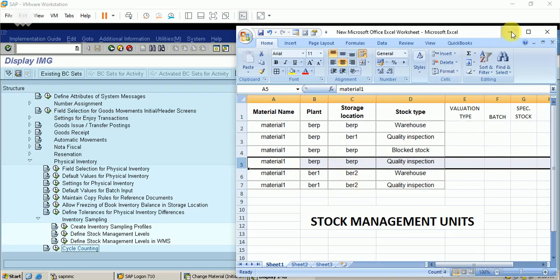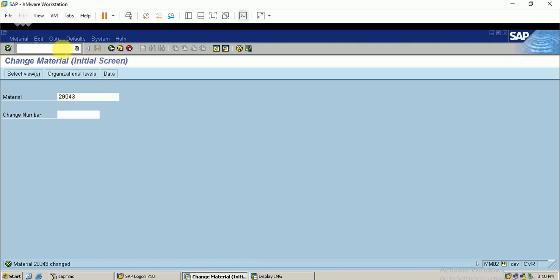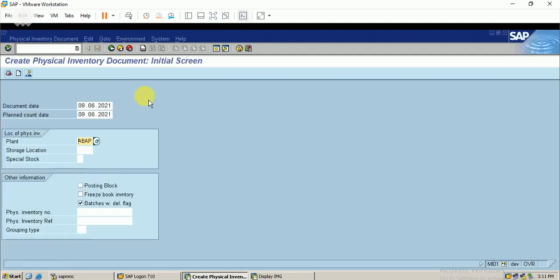I just go to the first T code, that is MI01. This T code MI01 will post the physical inventory document. You can see the document date, the plan count date, today's date, and we change the plant and the storage location. Just now we have created this BR1.